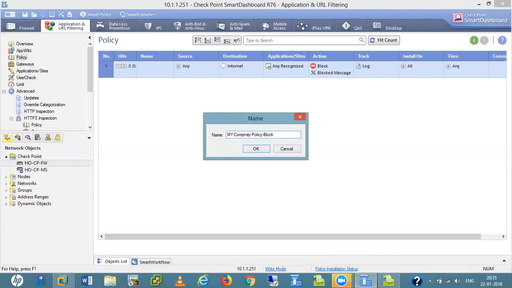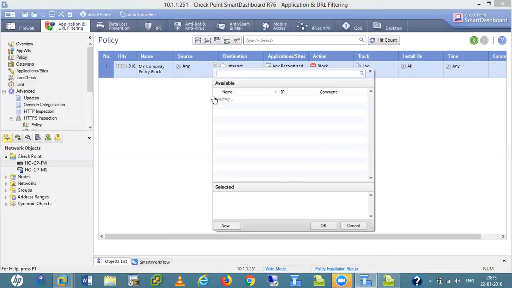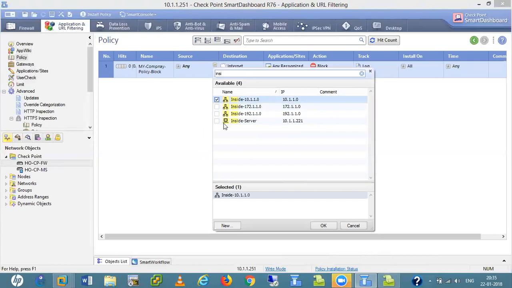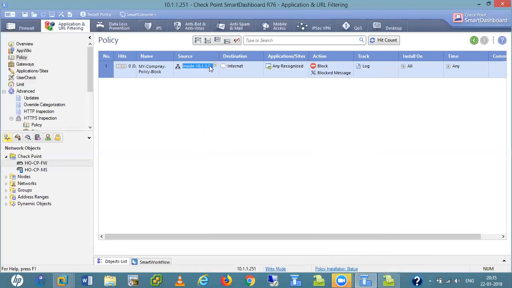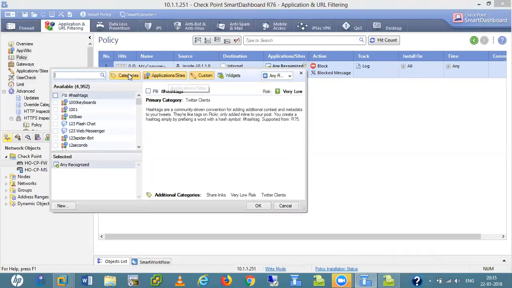Here for source I define my inside users, my DMZ users. I use only inside users because I have only inside right now. Here I select only this one, category and applications.